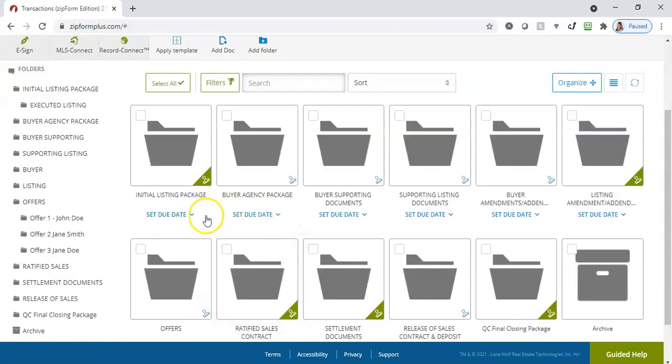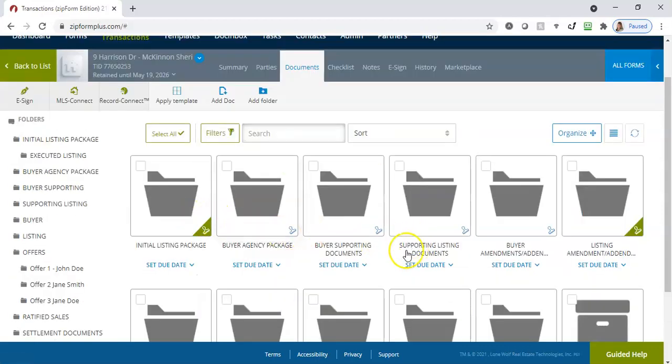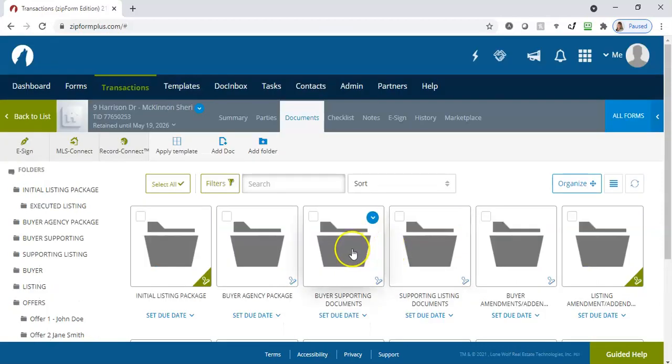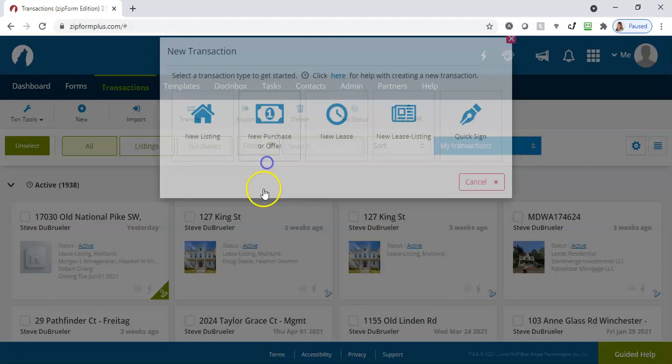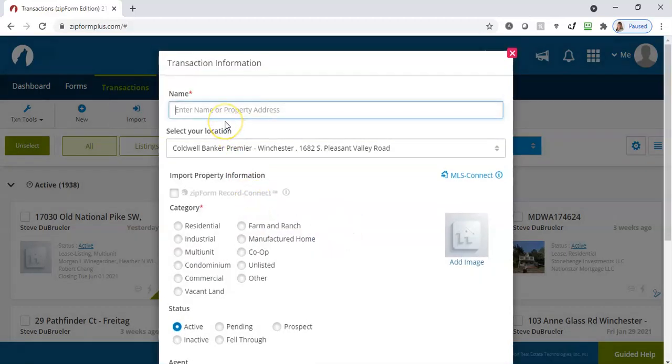So we wrapped up everything here. I did a listing side example. So I'm going to run through real quick and do a buyer side transaction. Okay, so now we're going to do a buyer side. Like I said, new purchase, property address,